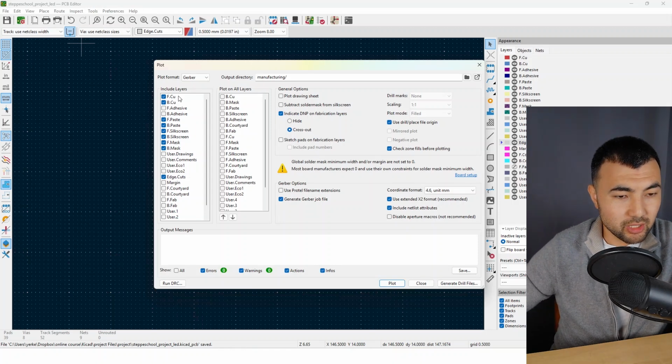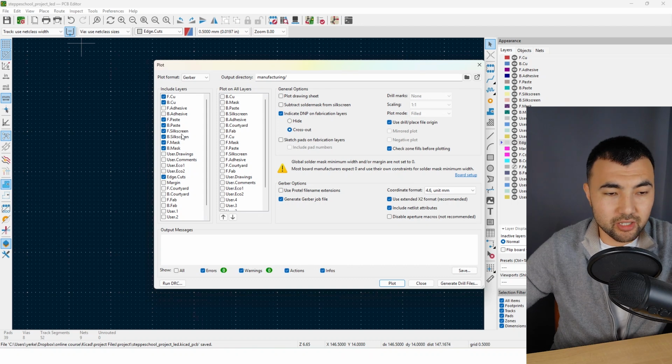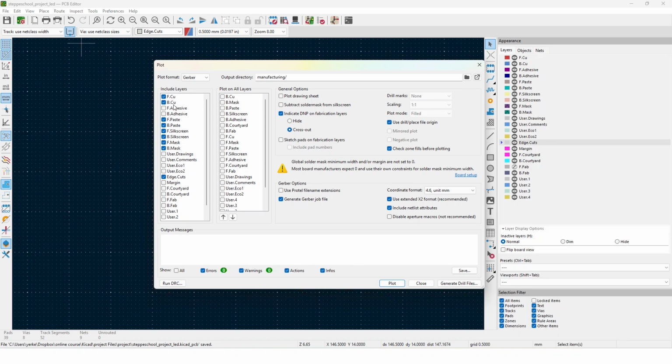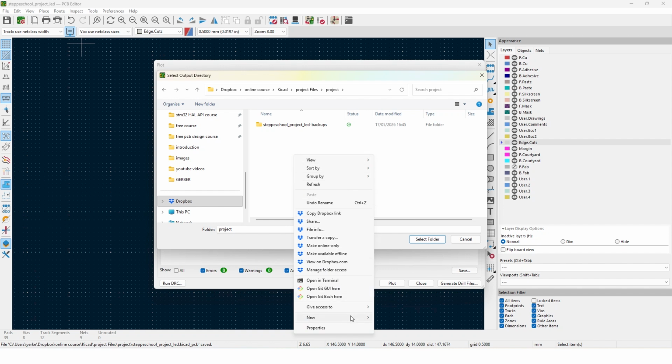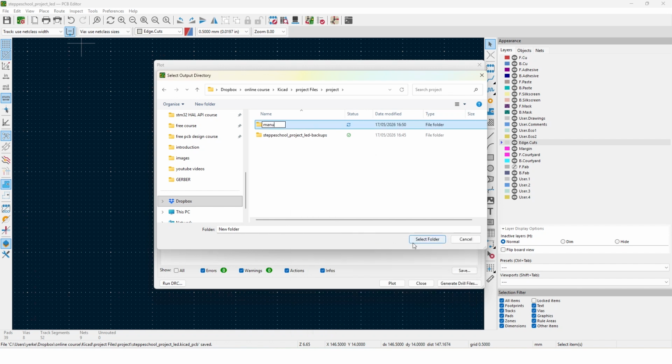So on the left side we can select the layers we want to generate the Gerber file. So we have a front copper, bottom copper, paste layer, silkscreen, mask, and edge cuts. So we can keep all these default layers, everything looks good. But one thing, I think it's a good idea to create a new folder just to keep all the manufacturing files in one place. Okay, so I will create a new folder, manufacturing,